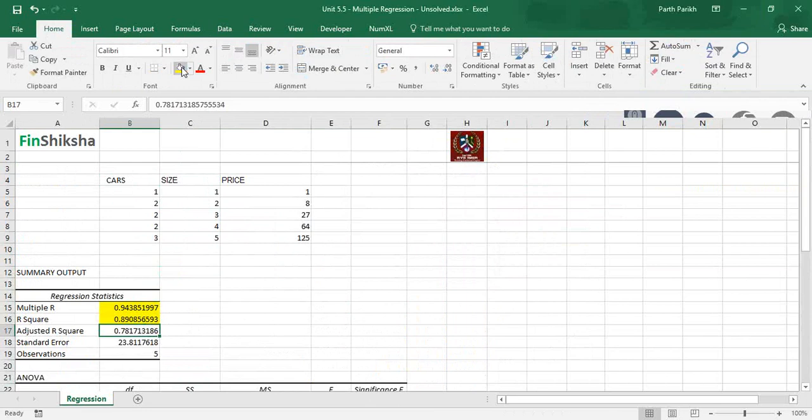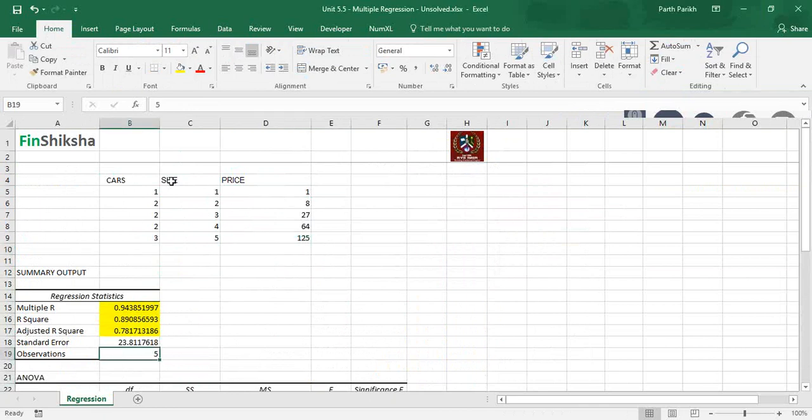However, adjusted R square is reduced by 11%, which means that there is a relationship between cars and size internally, and with that it is affecting the price factor, which is the output which we want.